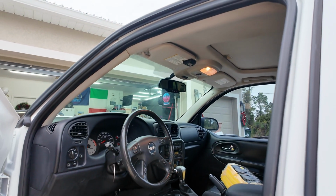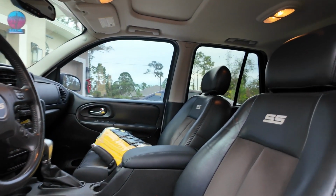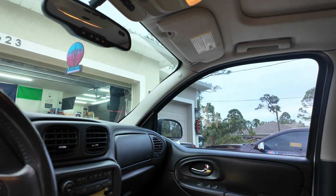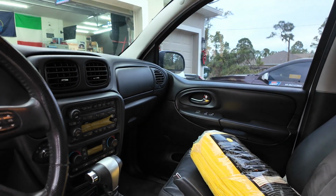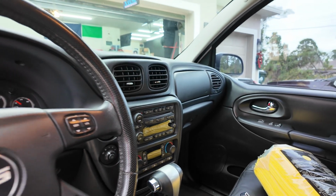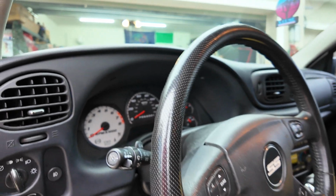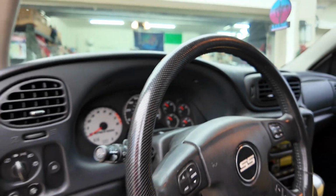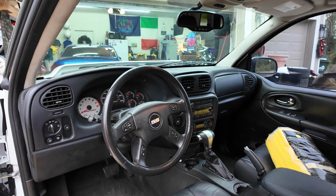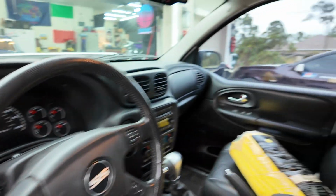Quick interior shot. It is pretty dang clean. Black seats, suede inserts, the SS seats, and a completely stock interior, other than my rags. It still has the factory radio. It has aftermarket door speakers, which sound great, but this thing is truly a gem. It is so clean and so factory looking that it's almost too good to be true. So let me pop the hood,